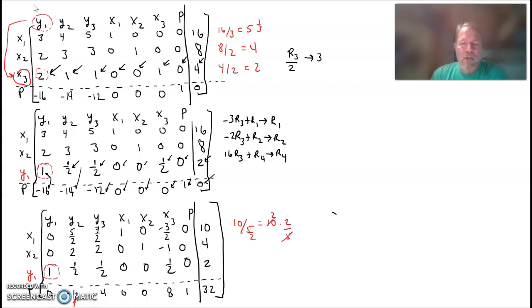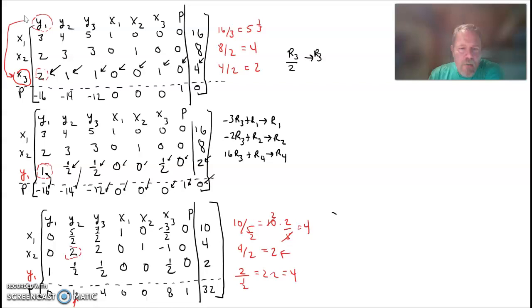5 goes into 10 2 times, and 2 times 2 is 4. 4 divided by 2 is 2. And 2 divided by 1/2 is 2 times 2, which is 4. Notice if 4 happened to be the smallest, you just pick one. If there's a tie, you pick one. But in this case, 2 is the smallest. So I am now pivoting off this number